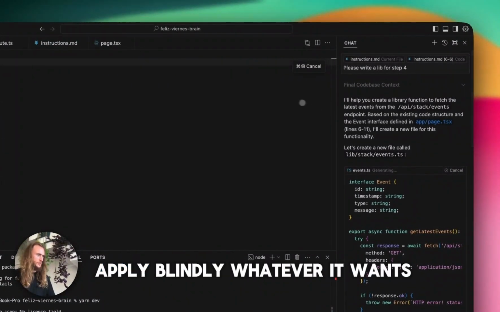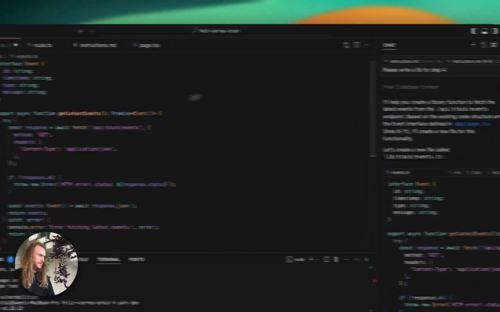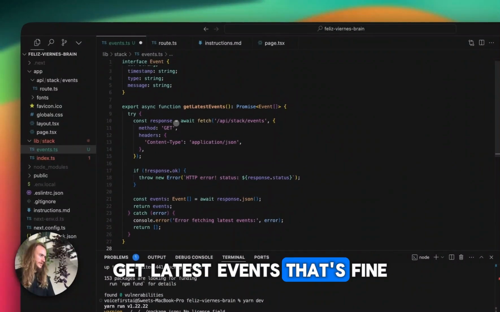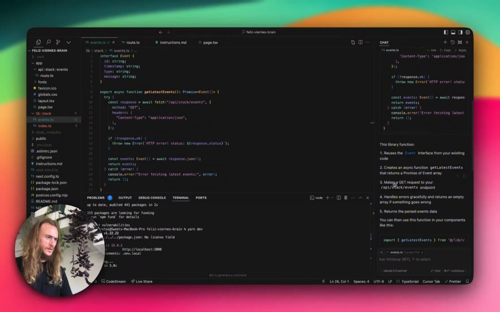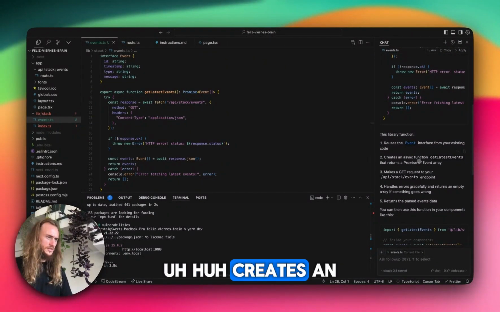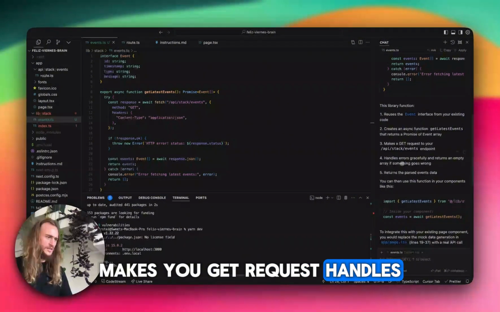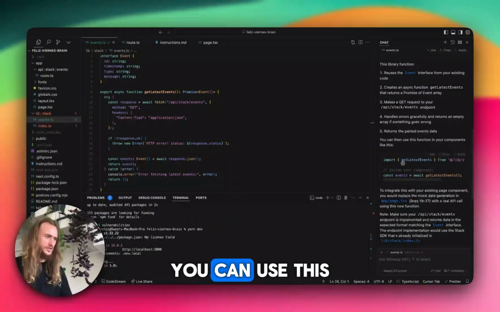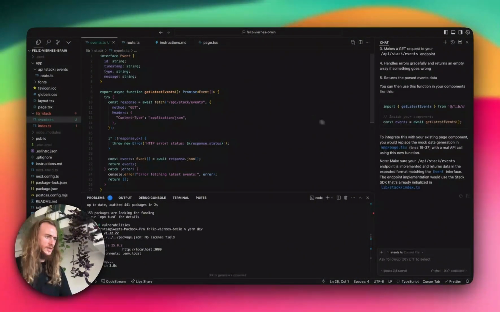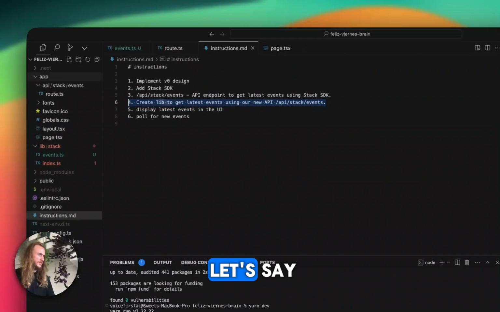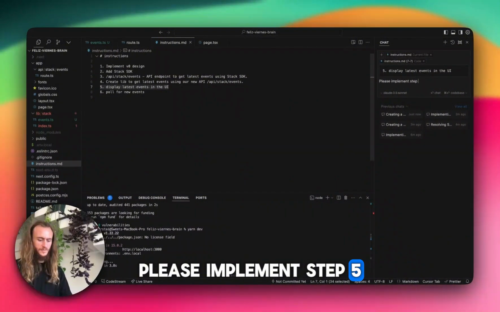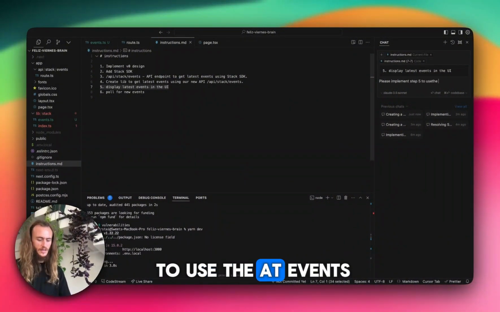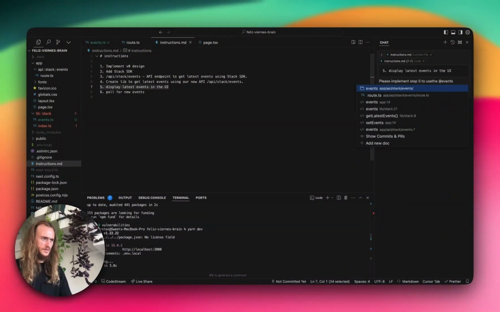Inside of here, we apply blindly whatever it wants. Get latest events. That's fine. Creates an async endpoint, makes a GET request, handles error gracefully, returns the data. You can use this function like so. Let's now go back to our instructions and let's say, please implement step 5 to use the @events